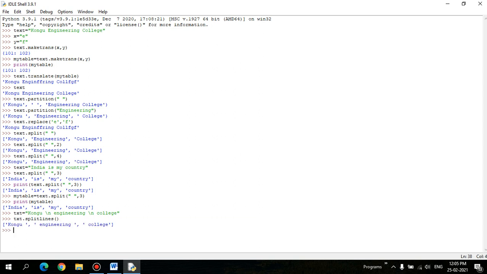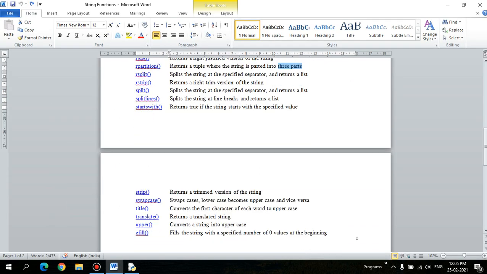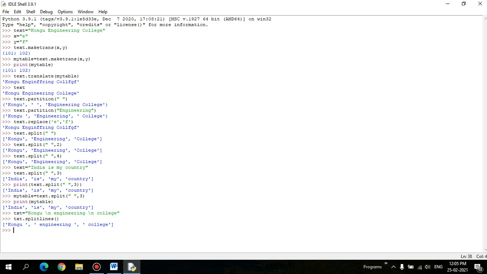Look at this, it will split, because as I said it returns a list, right. So based on those new line characters, it will split into lines, right. That is the working mechanism: split splits the string at the specified separator and returns a list, so it always returns a list. And splitlines splits the string at line breaks and returns the list, right. This is almost similar to splitlines, the split function.